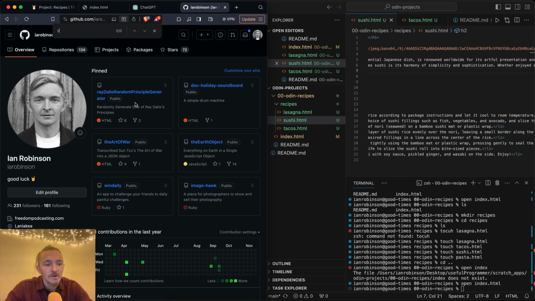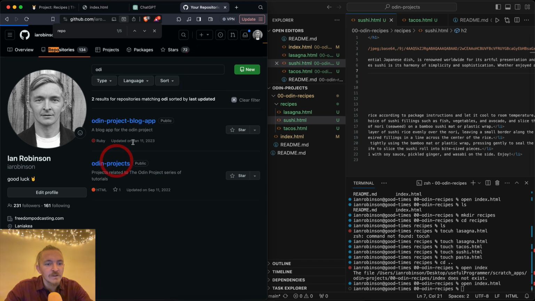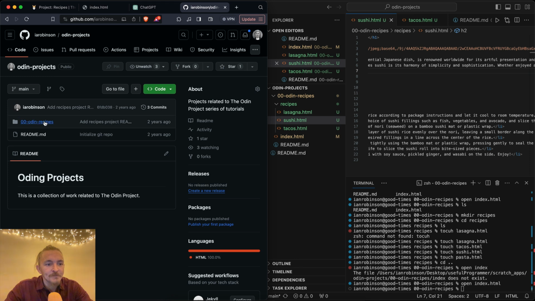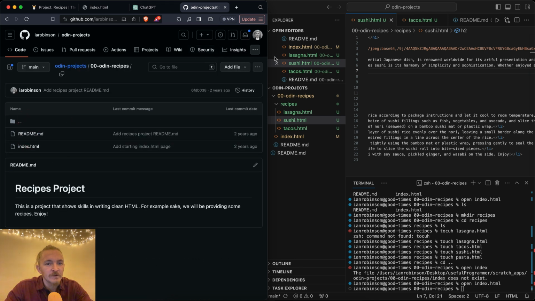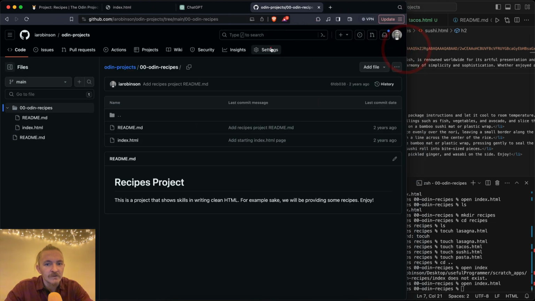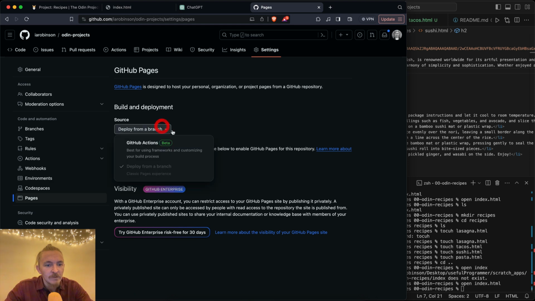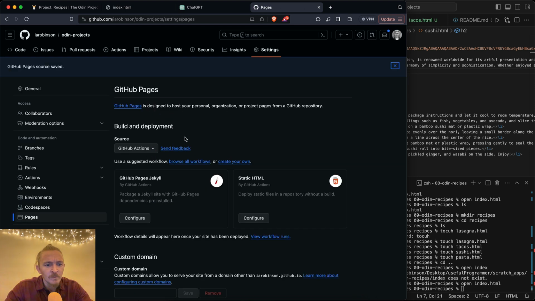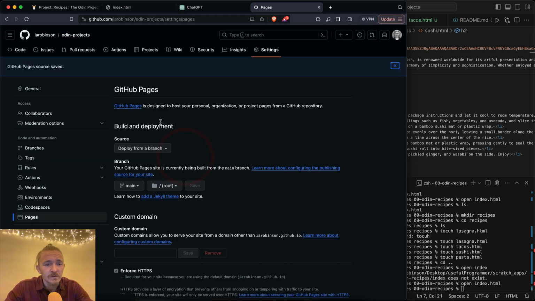And we're going to go to our repositories. Odin projects. Here we go. And then we're going to click here, and then we're going to go to settings. And we're going to go to pages. And we're going to deploy from a branch. GitHub Actions wants us to set it up so that it deploys